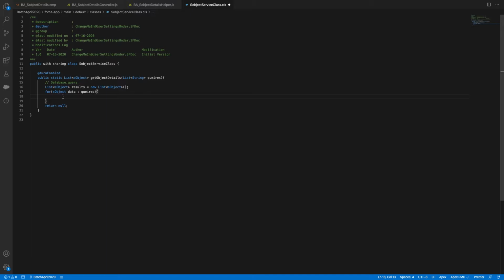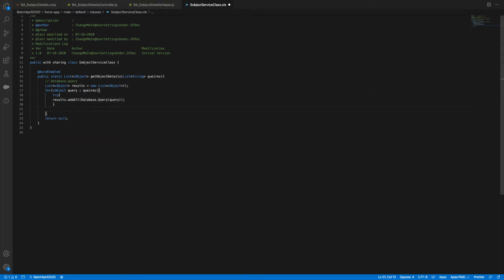So now we need to say results dot add all of database dot query, and I will be passing, instead of this one, I'll say query. That would be nice because in each line I have multiple queries, and I'm adding those. So let me put try. There might be a problem: the user might enter a wrong query, so that is why I'm keeping catch exception e.